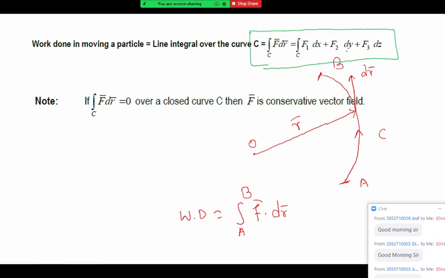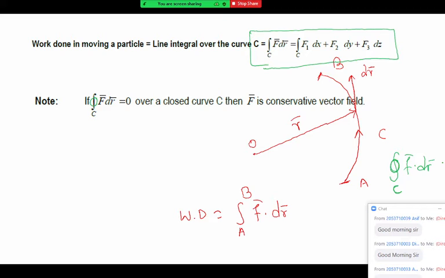Before that, whenever the integral of f bar dot dr bar over the closed curve C is 0, generally the closed curve is denoted like this, with a circle drawn on the integration sign. Whenever the sign comes like this, integration f bar dot dr bar, that indicates that whatever the curve C is, this curve C is a closed curve. This circle indicates C is a closed curve. So whenever the dot product of f bar and dr bar over the closed curve C is 0, we can say